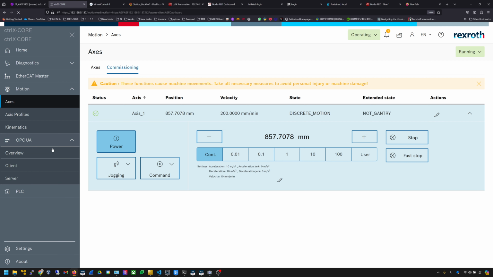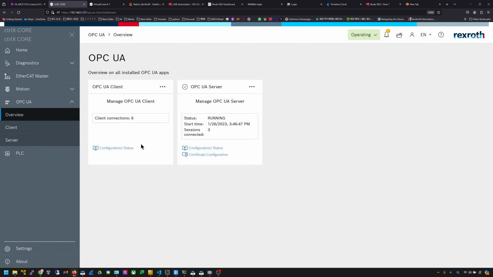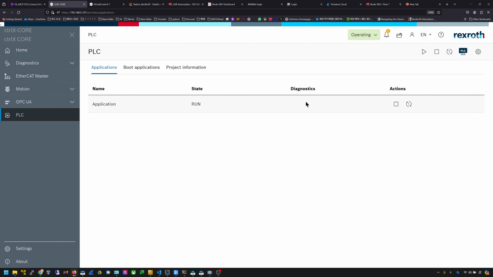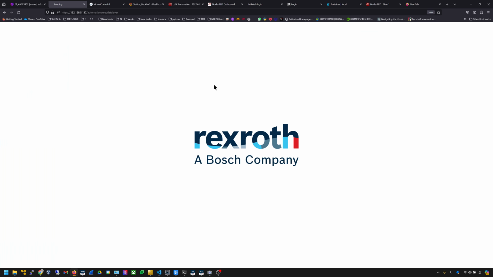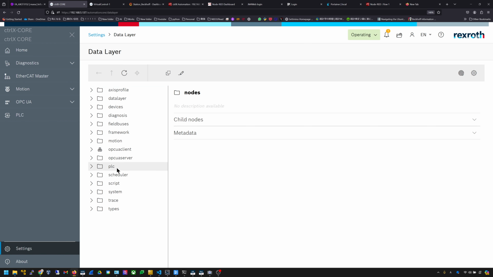For the OPC UA, you can go to overview to see how many client connections you're running and how many sessions are connecting to your OPC UA servers. And for the PLC, you can see whether the PLC service is running or not, and that it's app based. Go to settings, go to layers, and you can see all the data layers in here. For example, PLC: inside applications, I didn't configure any memory in here, but you can configure memory to let other apps access your PLC's data. And also for the motions,